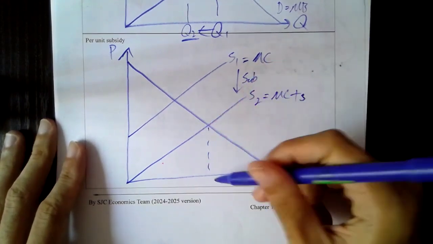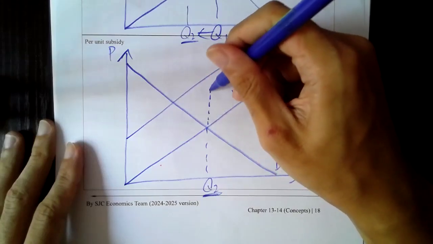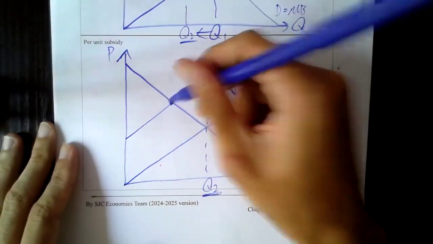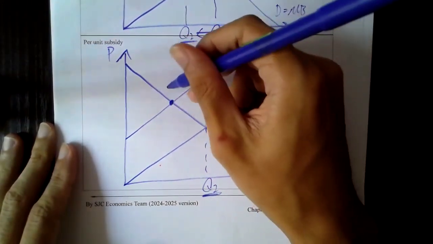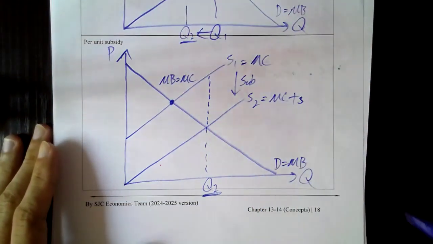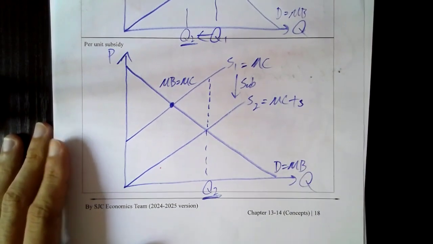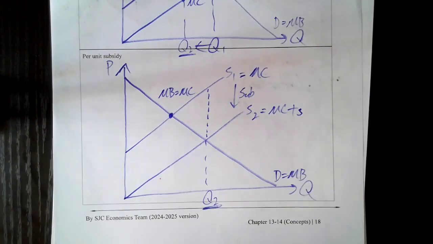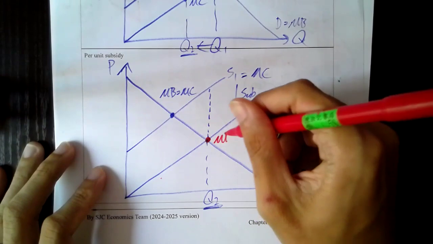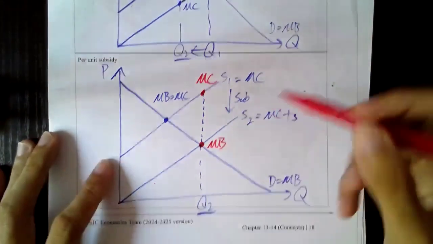好啦，嗱 remember back in the days when we study chapter 11, remember we always start with Q2. The same applies here. Let's start with Q2 here，動上嚟。Okay, now this is the point. MB equals to MC 呢個係不變嘅 MB equals to MC. Okay, this doesn't change. Now, because of the subsidy at Q2, let's see what happens to both MB and MC. Okay, MB will be at here. MC will be at here. Do you see? In this case,